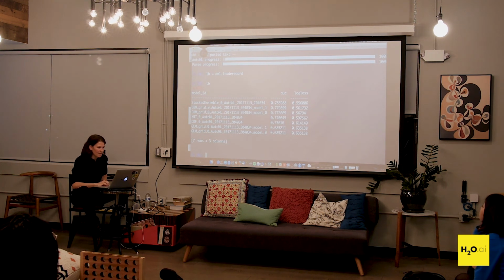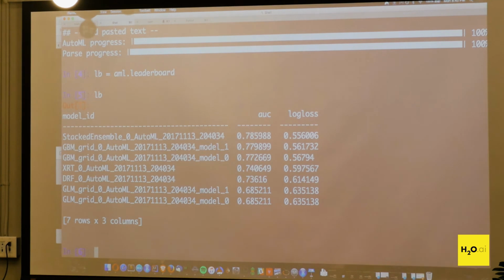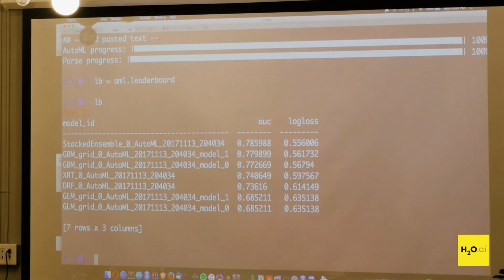Okay, so let's just look at the leaderboard. Basically what we have here is we've trained seven models, so six base models and then one stacked ensemble, and we find that the stacked ensemble is doing the best. And then we'll see this particular GBM. If you want to look and see what that GBM was, like what were the settings, you can do